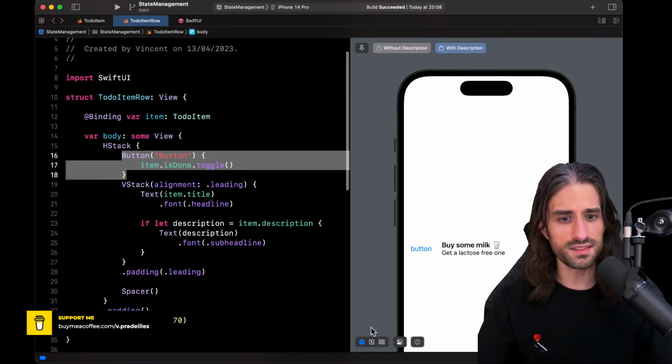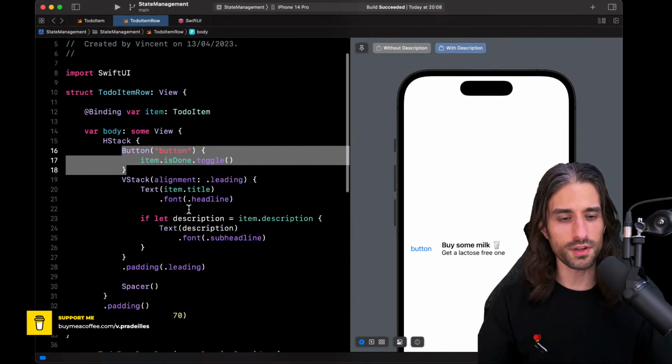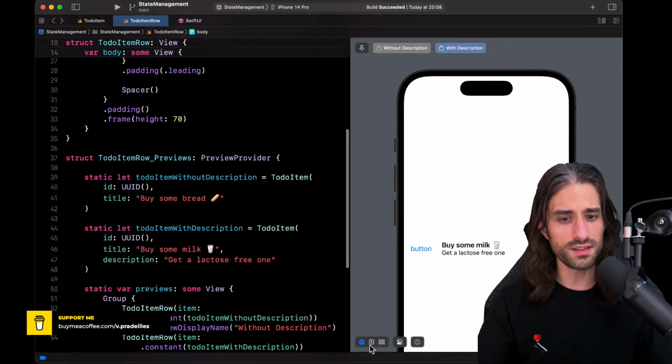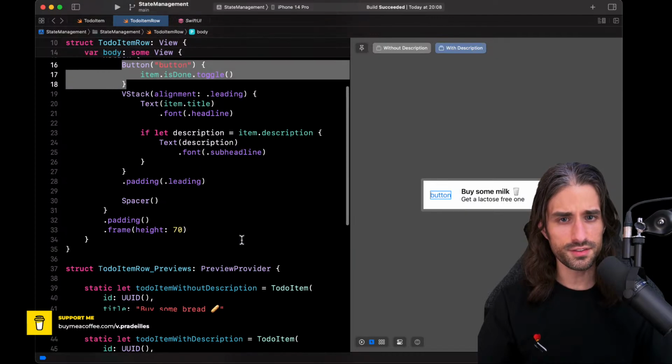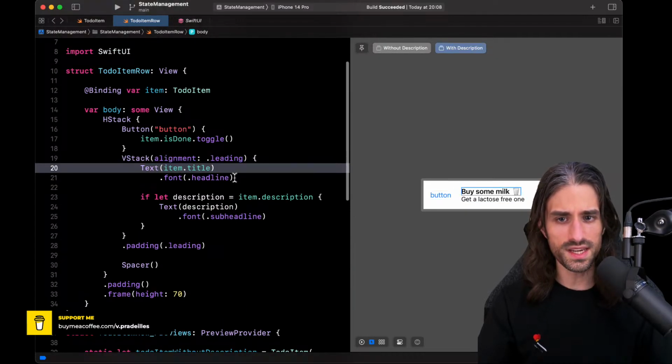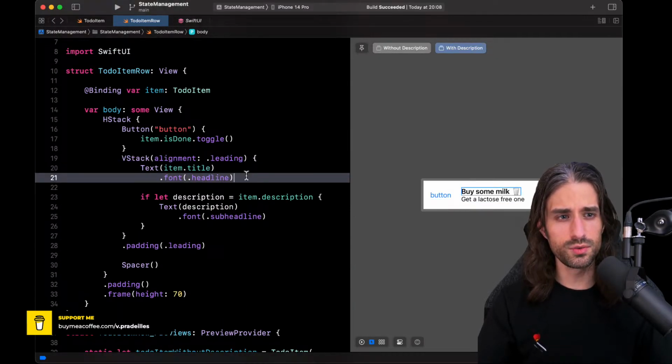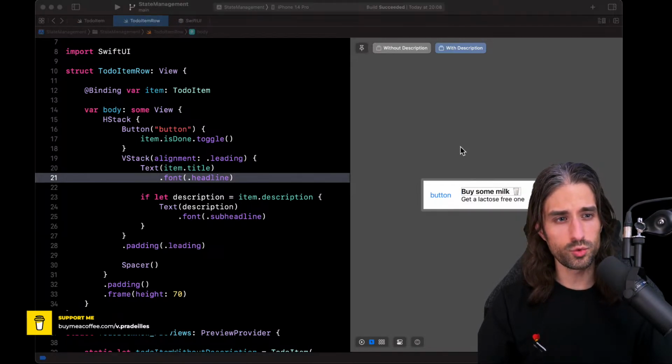And so, for instance, if we want to make sure that the isDone property changes, we can do a few things. First, we can make the view have a different UI when isDone is true and when isDone is false. We can, for instance, when a to-do item is done, strike through the text, both the title and the description.